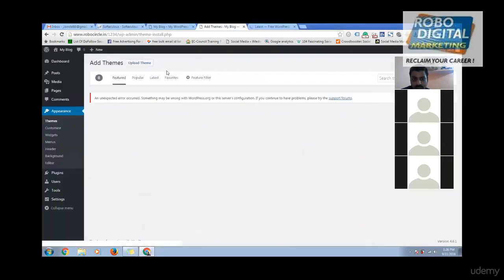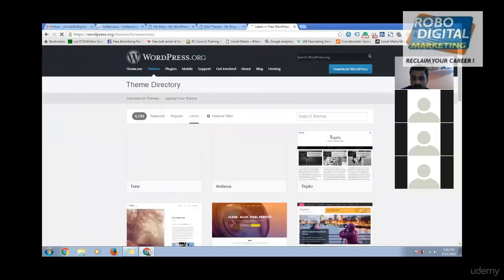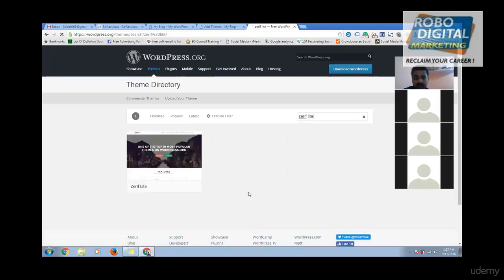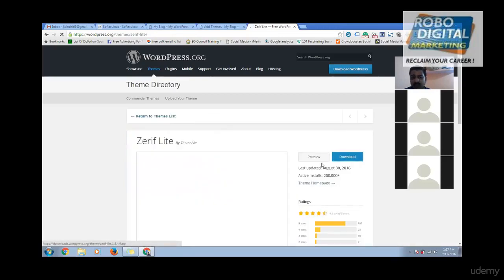Okay, once you find a good theme out of all the themes over here, you can download that theme and upload it into your WordPress. Let me show you one of the best themes in free, because as free things do not give you much value, I'm giving you the best theme in free. Before downloading the theme, you have to check out the preview of it.